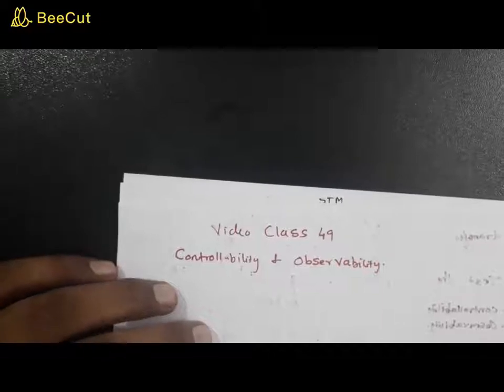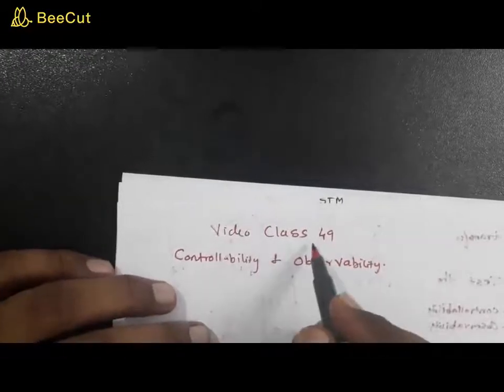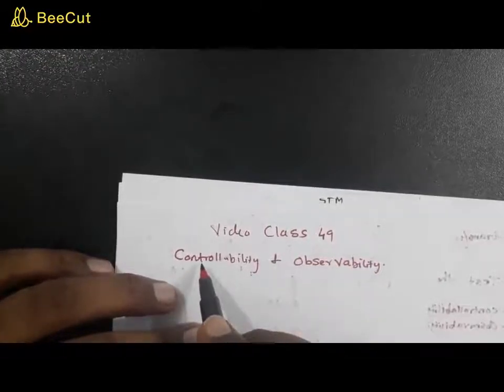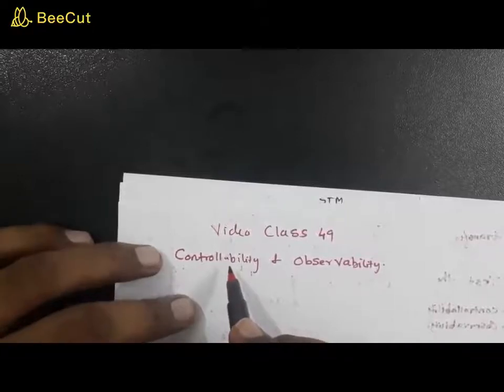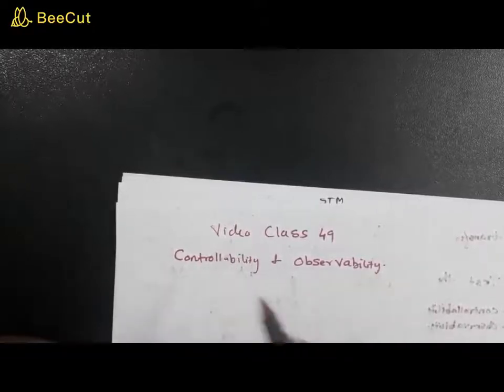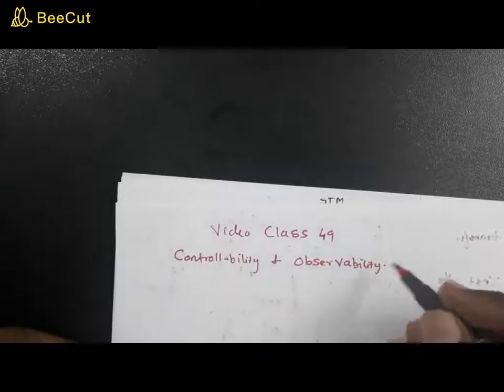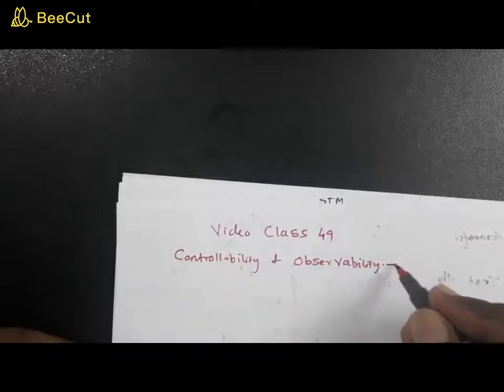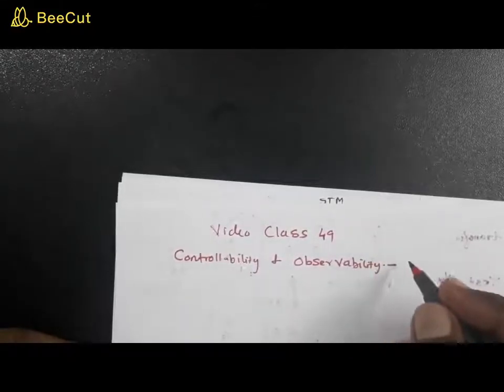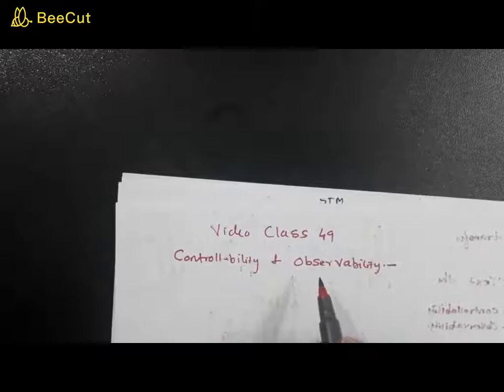Okay, now welcome to video class 49, and in this video we are going to study about controllability and observability. And in this session, first I am going to explain what is controllability and observability. This is the ability of a system,